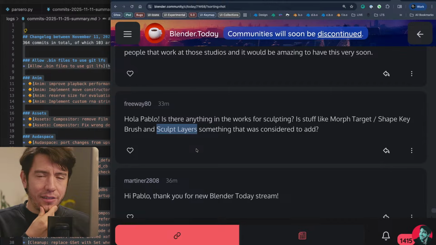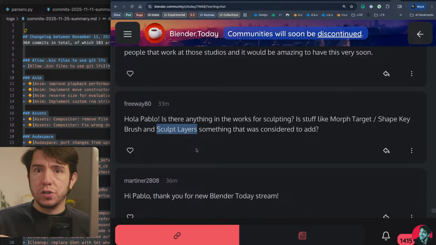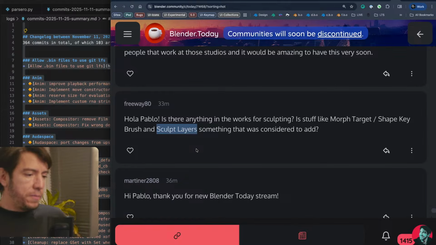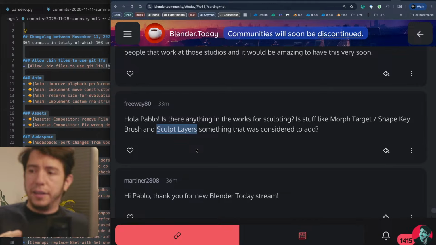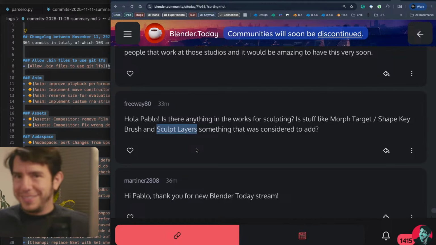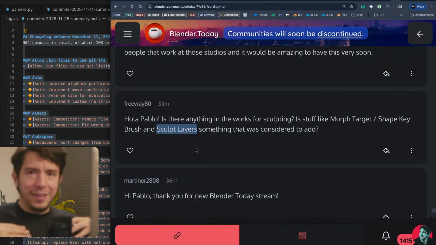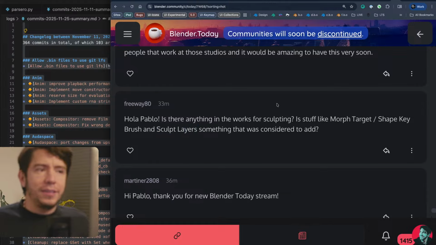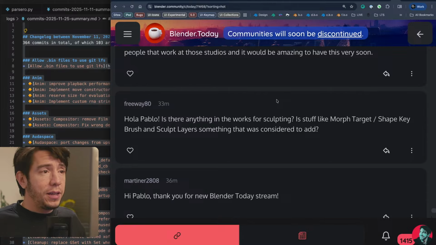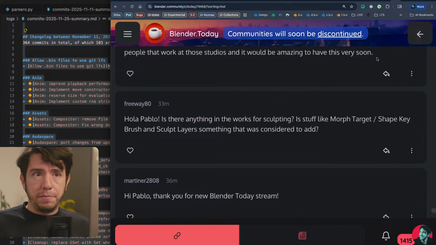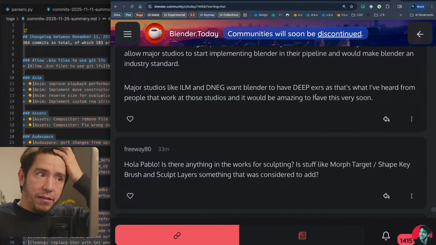It was one of the targets for after the multi-resolution issues are solved, because no matter how many layers you can add in the sculpting, if the base layer or the subdivision of your mesh is not good enough, it wasn't as good to have it without the other. So they focus first on the multi-resolution, which some of the issues have been fixed, and that should be one of the topics for the upcoming year, I would say.